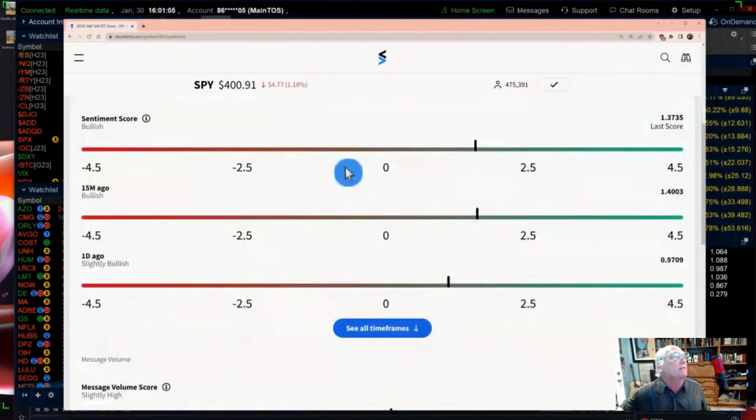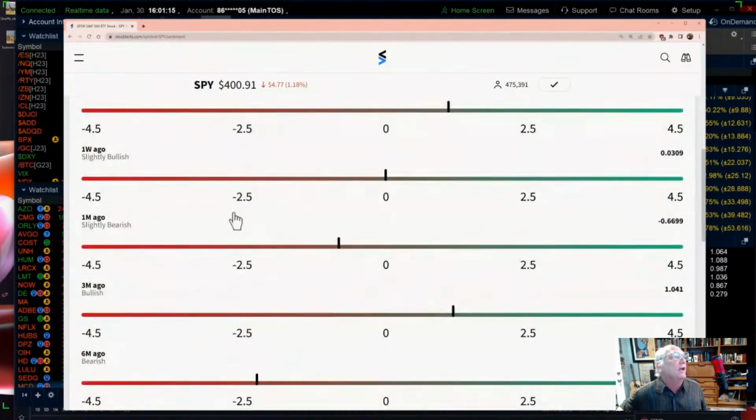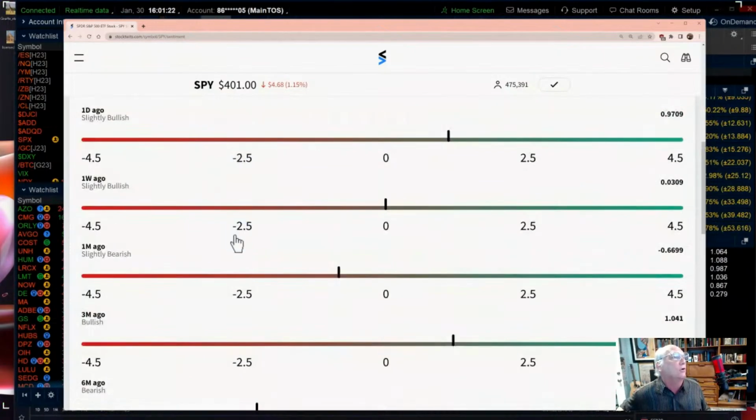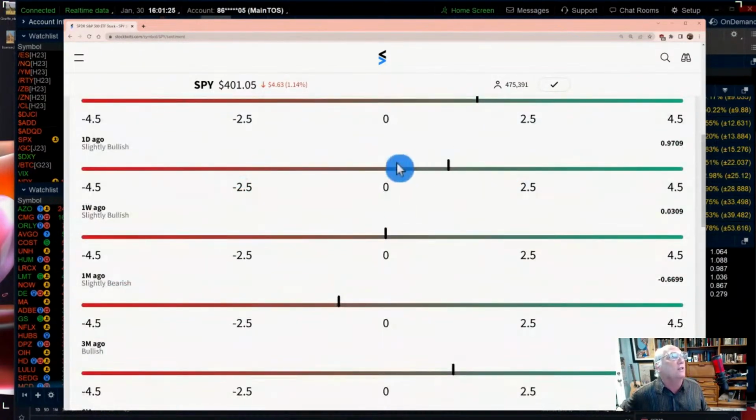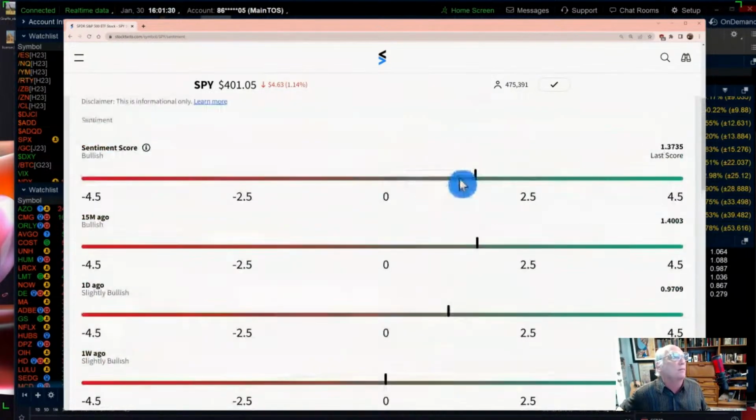And what are you going to notice about the sentiment today? It's bullish, which I use as a reverse indicator. You go to see all time frames, and it was bearish before the market rallied a month ago. That's pretty cool. So that's the kind of stuff I look at. Most of this, you see the little lines. This time it's bullish. And every day I look at that. That's 15 minutes ago. And then a day ago. And I just look at it every day when I start the day.